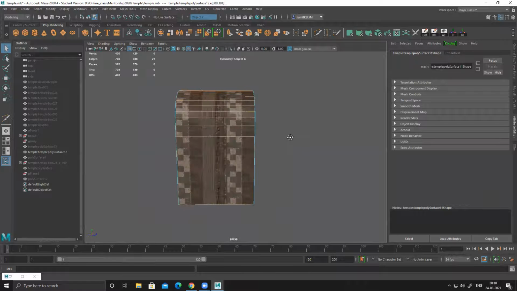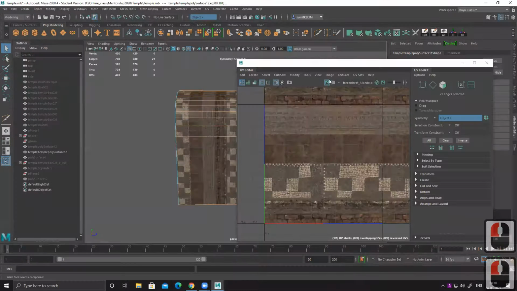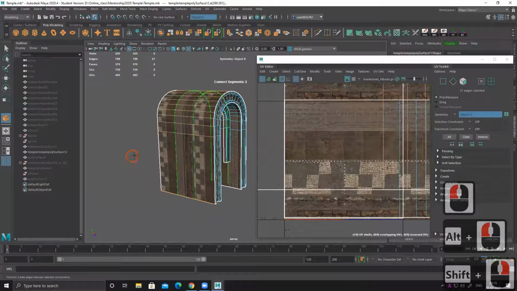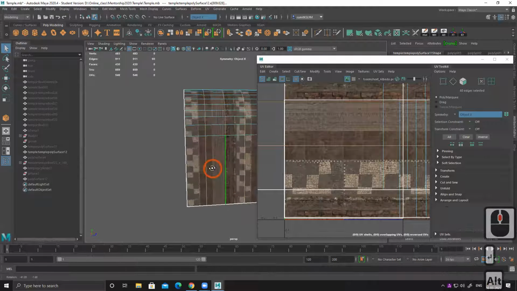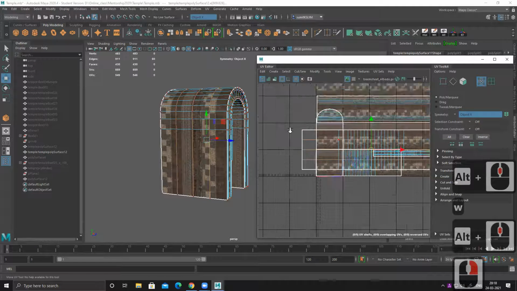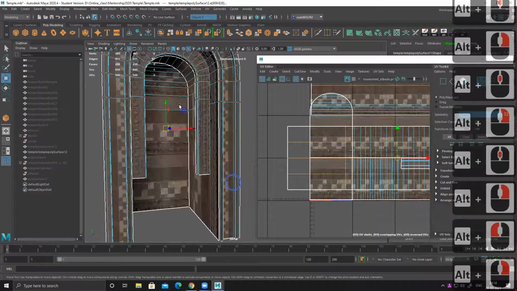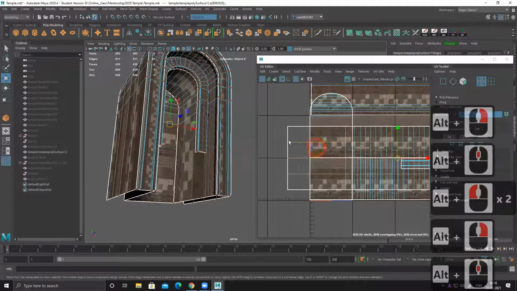Entire ring I have selected. Let me switch my keyboard shortcuts. Then I can use the connect tool. So 3 segments looks fine. Enter. I got these 3 segments. You can see this is my UV. Now you can see everything is straight. Inside section, I just placed it here. I haven't done anything there yet.